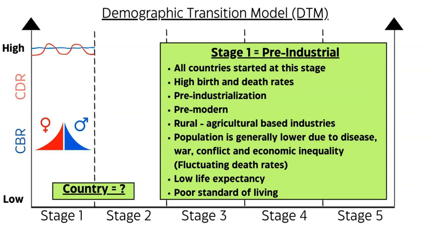Stage 1 of the DTM is where every country has or had started at some point in history. It is the pre-industrial, pre-modern stage where countries have a lower population but a very high crude birth rate and a very high crude death rate. So the population is balanced, it's in an equilibrium whereby there's a lot of births in the country and a lot of deaths in the country,